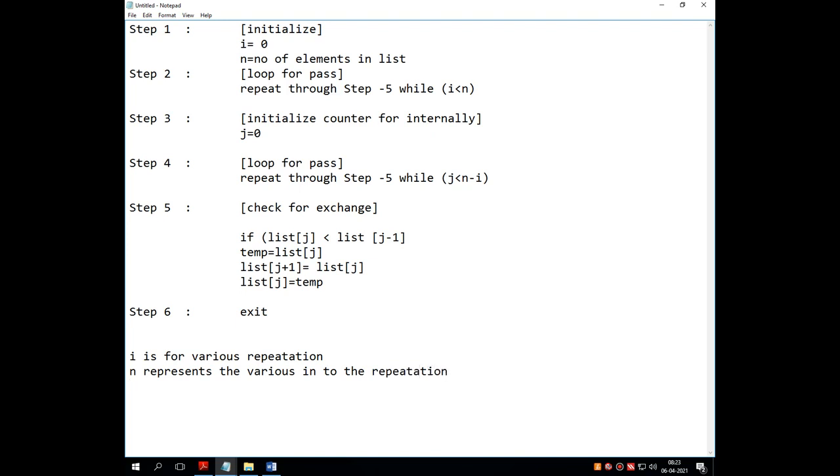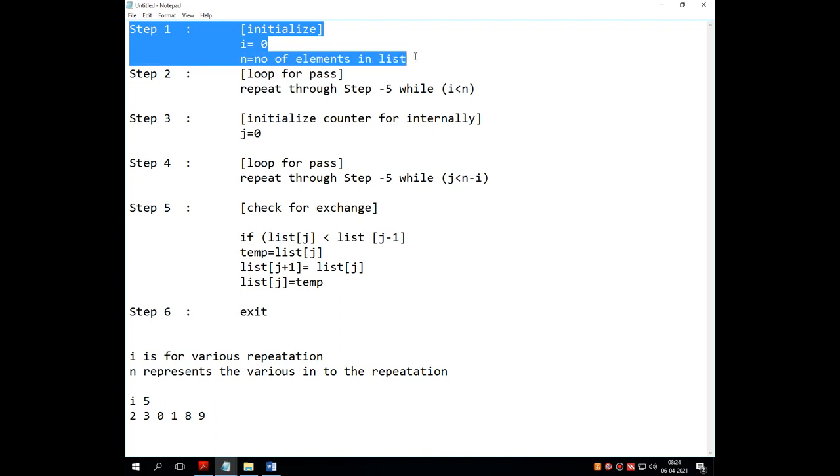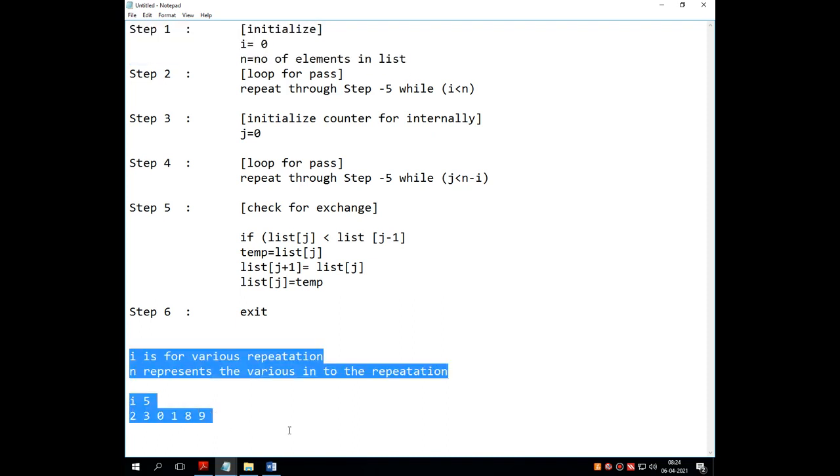That means I repeats, and during this repetition n represents the various values. Say for example, suppose I am repeating I for 5 times, then 5 different values can be accepted by the system inside this repetition. So step number 1 is initialization of two variables, that is I and n.